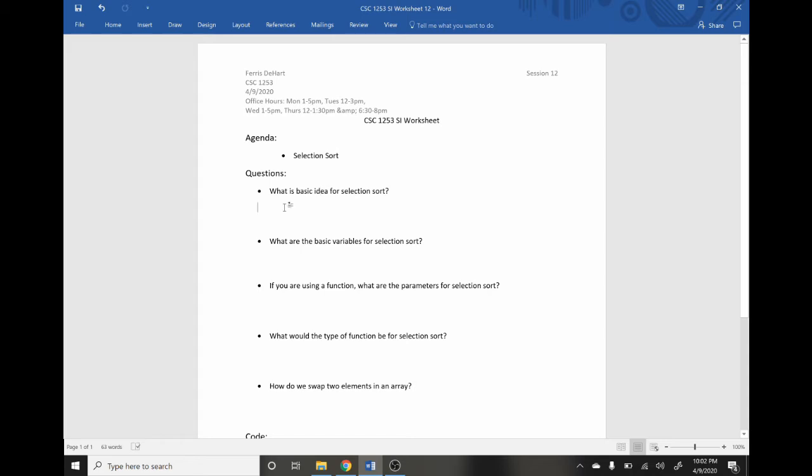So what selection sort does is it scans the array that you're sorting, starting at element 0, and it locates within the elements the smallest value, and then it swaps the smallest value with the element that it first started scanning with, so 0 in this case. Then it continues where it starts at 1 and searches the rest of the array, finding the smallest value and swapping them until it reaches the end of the array, and thus all the elements are sorted. So if we wanted to put that in words, we could say,